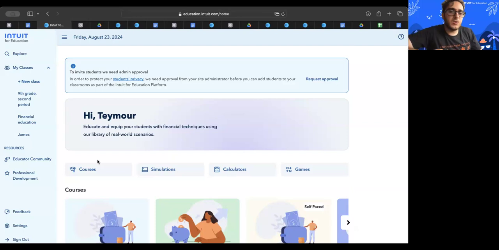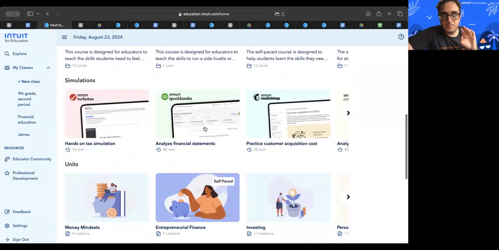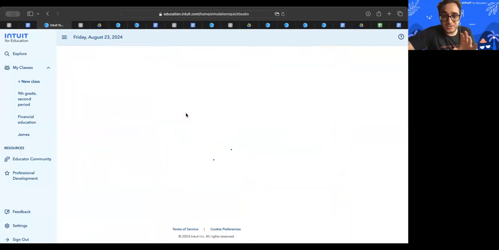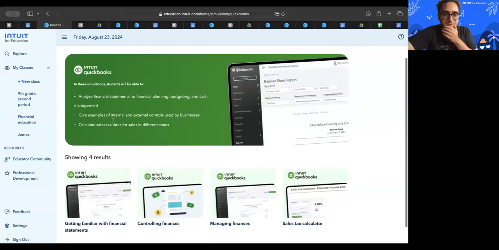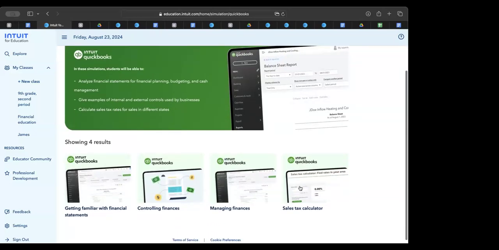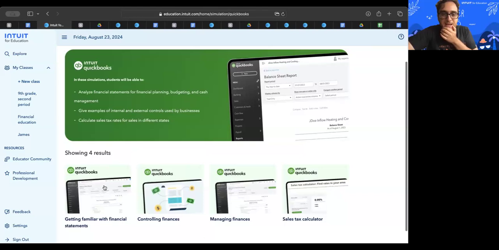Yeah, it is. So right now there are a couple of ways you can do this. One is there are simulations you can use, but I think you're looking for the actual software, but I'll just share this first. Okay. The simulations of QuickBooks are here in the simulations tab. This is good to use before you use the actual QuickBooks product. I would recommend going through the simulations first, just so they get a sense of the most important parts of QuickBooks, and go through the scenarios for it.